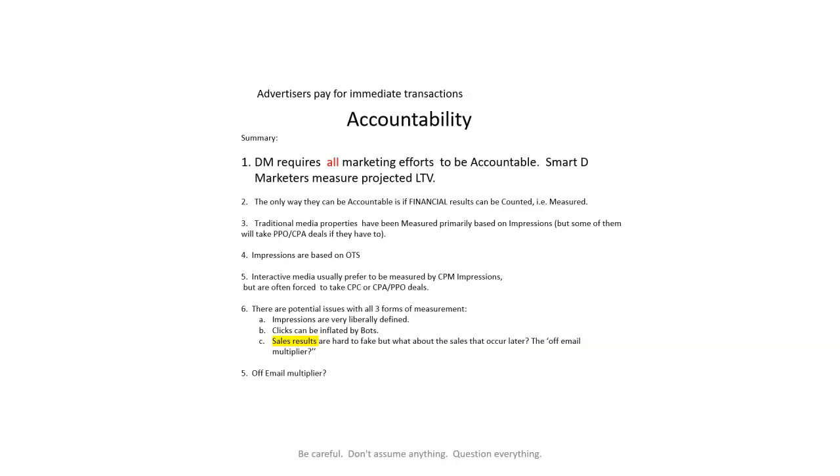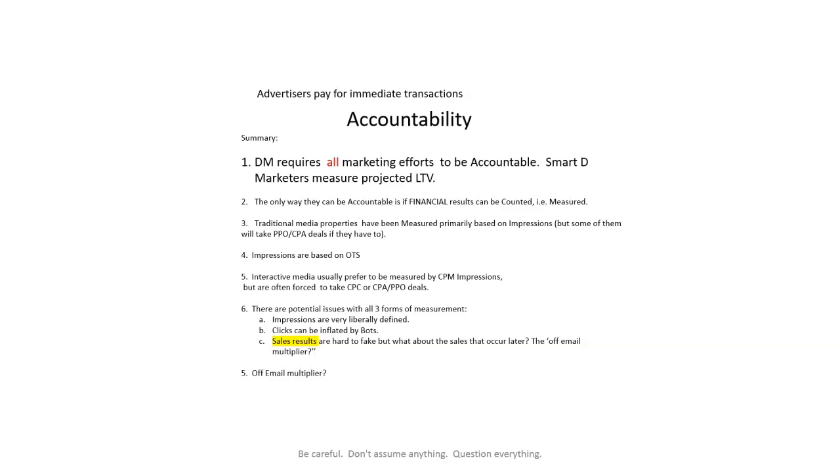Impressions are based on opportunity to see. It's not a guarantee by any means that people are really going to see your ad. Interactive media want to be measured by CPM, but are often forced to take CPC or CPA PPO deals, particularly for new advertisers that haven't had experience on their site. They may agree to try it for a while.